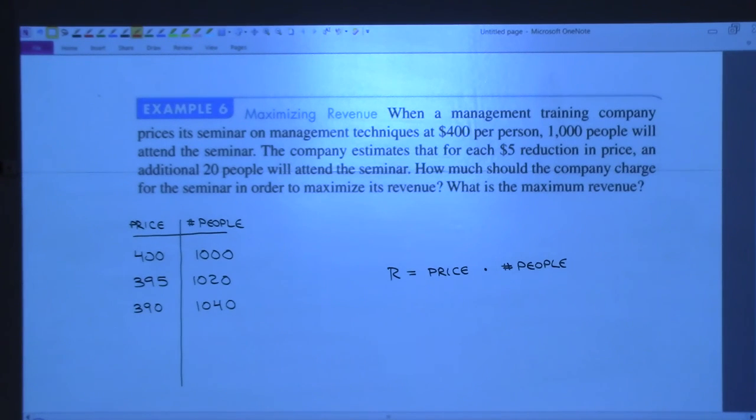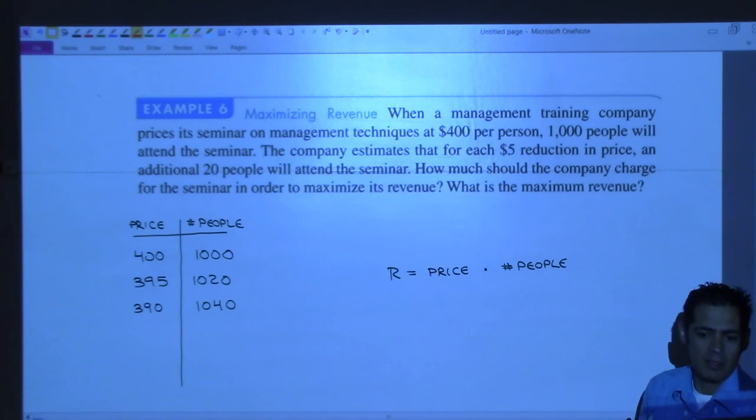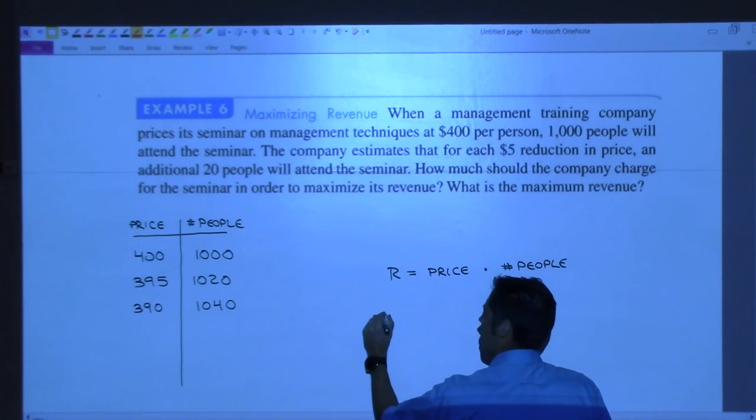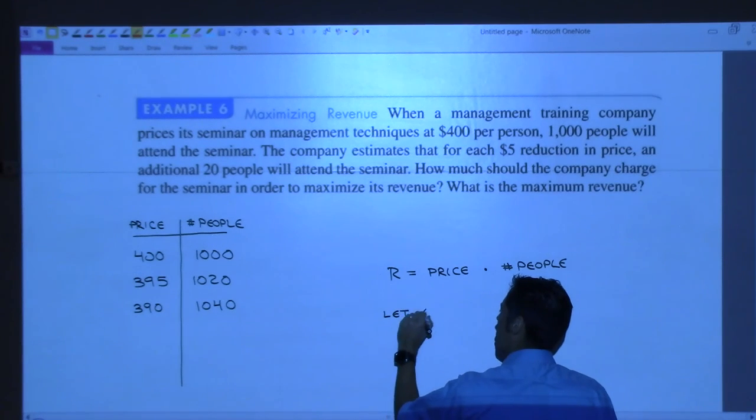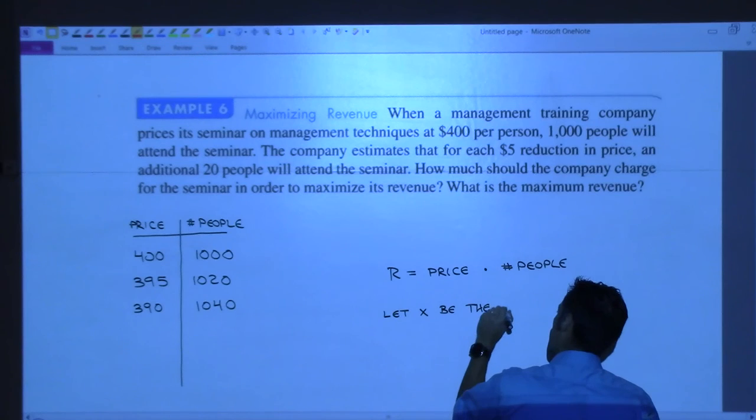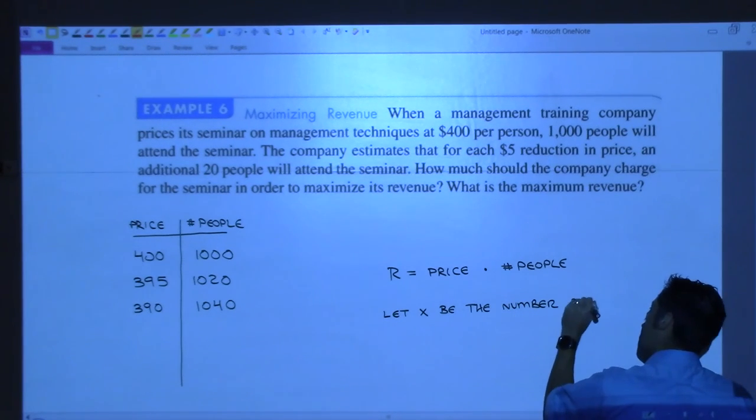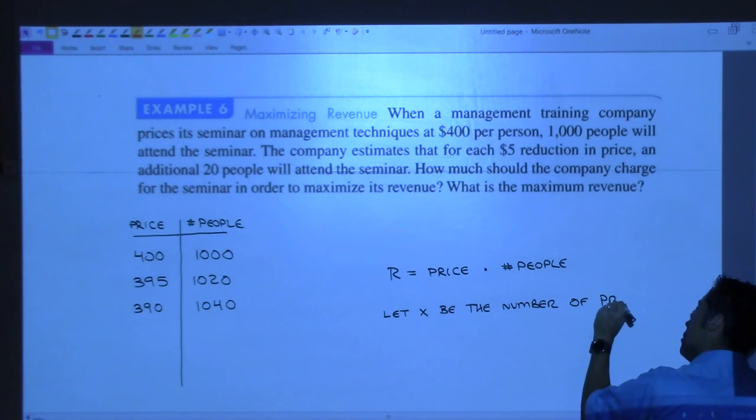So we've got to figure out what's the X in the problem, all right? We've got to come up with the X. So since this is the first example, let me help you with this. Let X be the number of price reductions